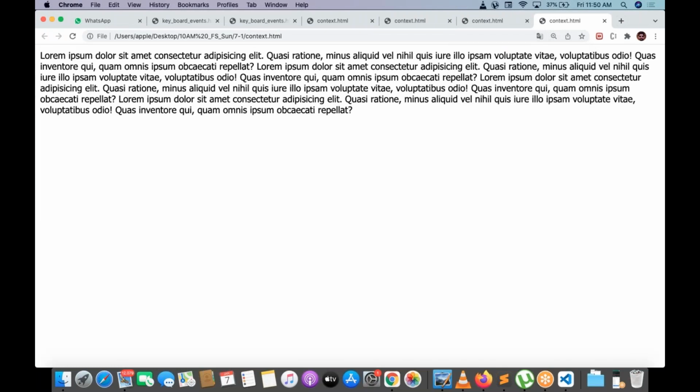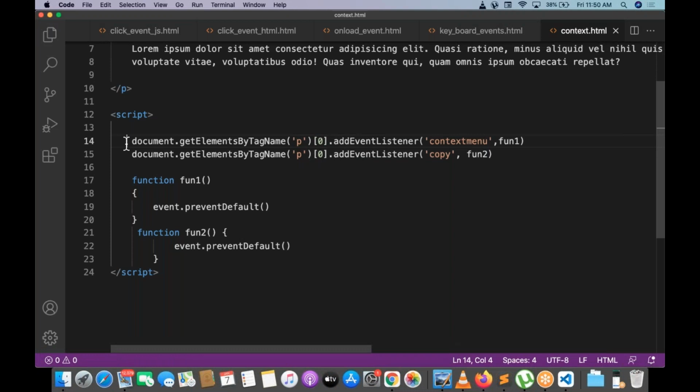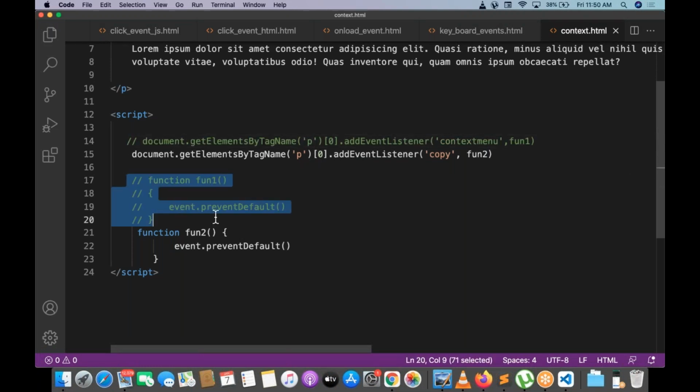Basically for banking websites, some websites are confidential. On that kind of websites, copy paste is not allowed. Sometimes I'm copying the content, so right click is not allowed, so I can't copy. That is the reason I'm stopping this first event. Okay, now right click is allowed.